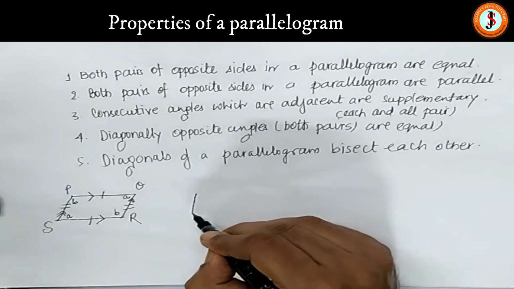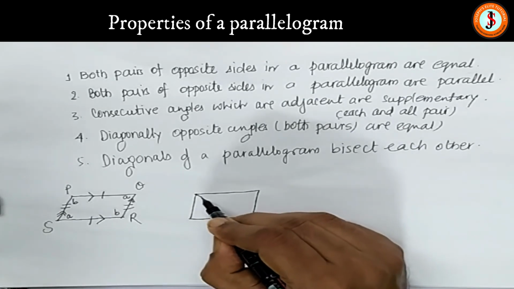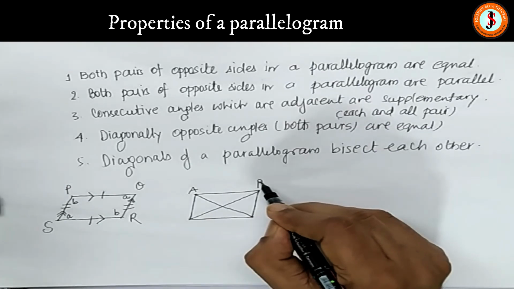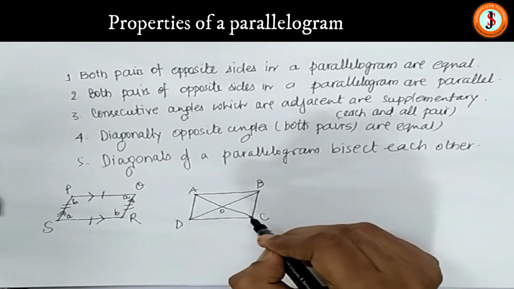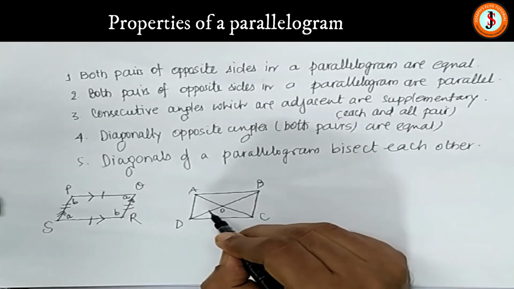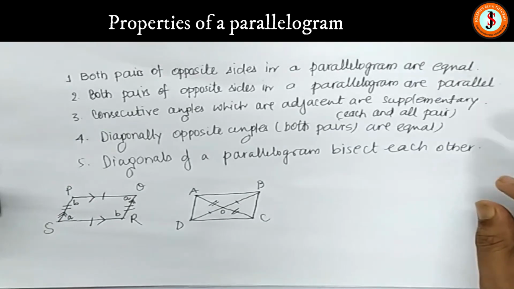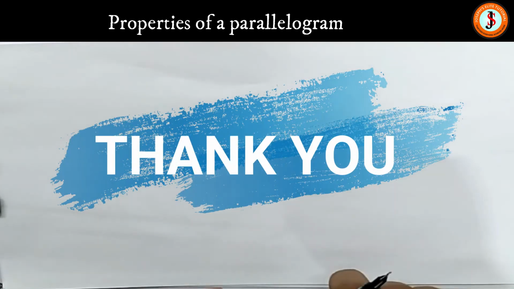Then secondly, you should also know that the diagonals of a parallelogram will bisect each other, but they are not equal. They may or may not be equal. If this is 5, this is 5, this is 6, this is 6, so this is equal to this, and this is equal to this. So that is there, children. So that is the takeaway from here.